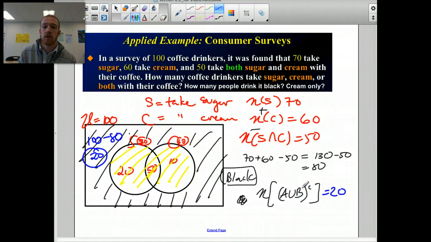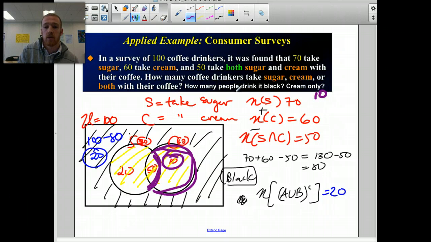So we've got to marry the notation with the Venn diagram with the actual algebra to find the numbers. All those things I want you to understand in that holistic manner. So cream only would be the people that are in the cream Venn diagram, but not both, right? Just cream, not cream and sugar. So that would be 10. We said it was 20 people that take it black, and anybody that takes something is 80. All right, so these are the types of problems that you'll be solving for your homework and in class and